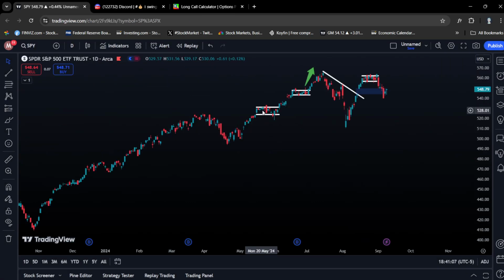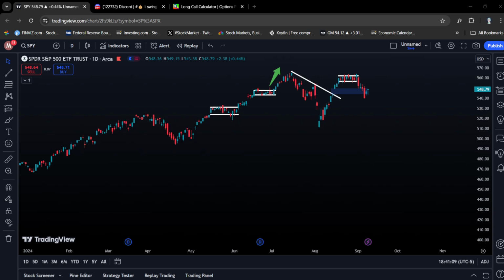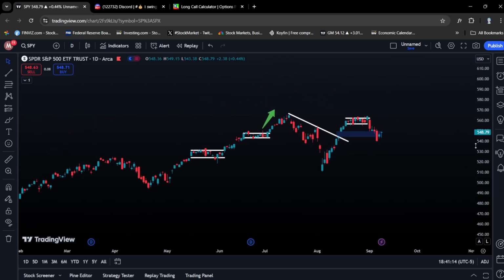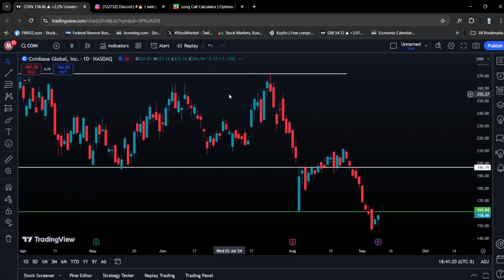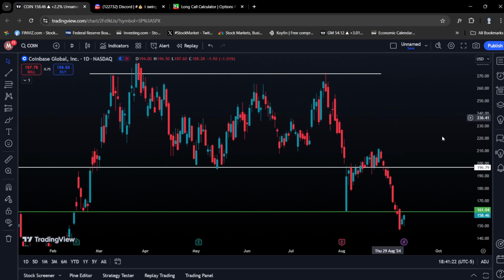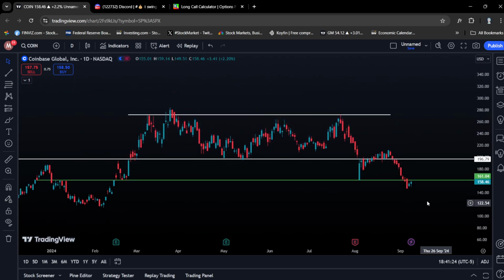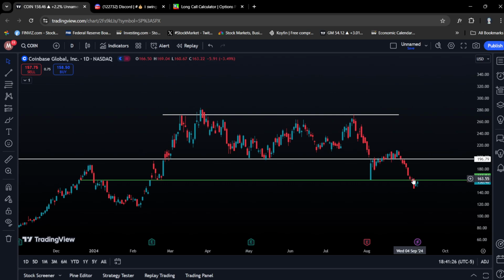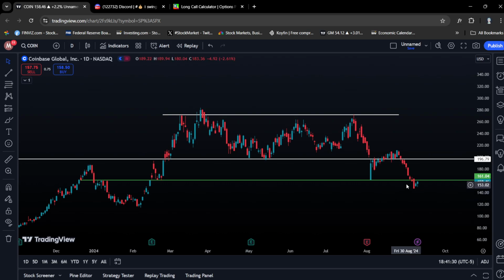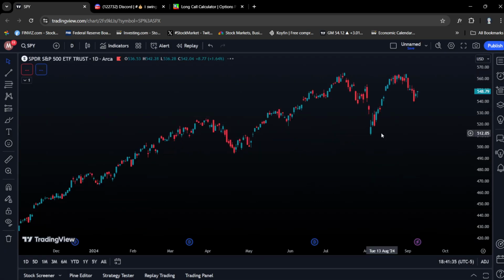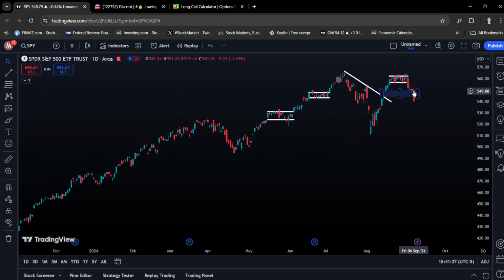The first thing that I want to talk about is the S&P 500 and how the overall market is doing right now. And this to me again is very important, because our previous play on Coinbase, the chart was looking amazing. We had a solid support. The RSI was looking amazing. We bought calls in at 161, but the stock market broke through the level of support and we had a